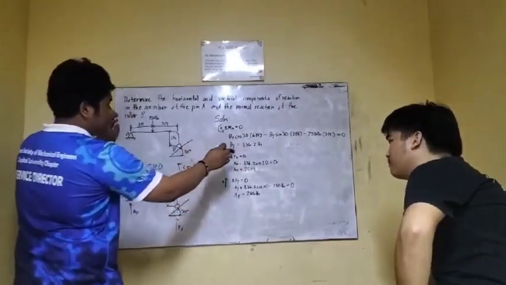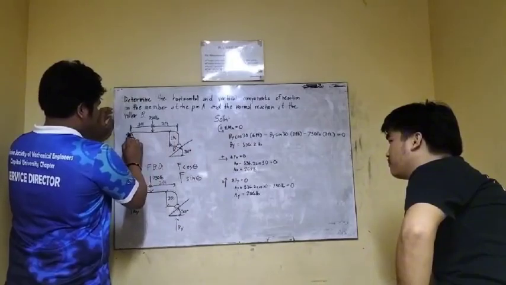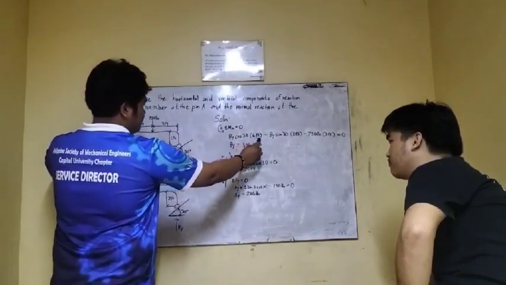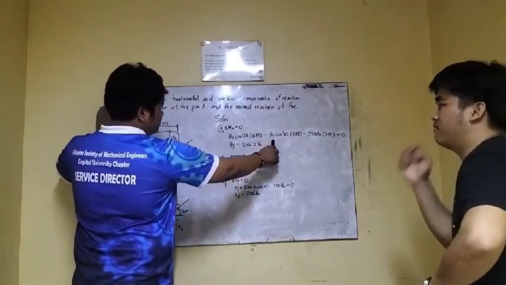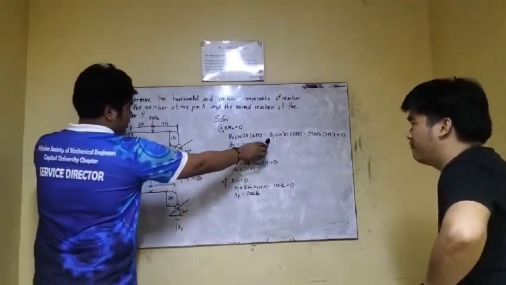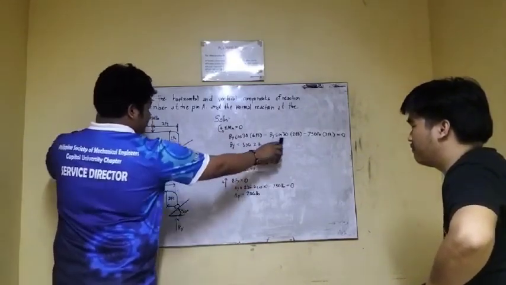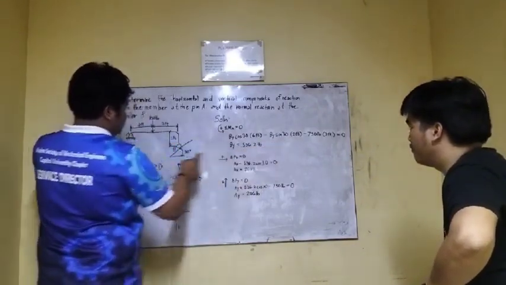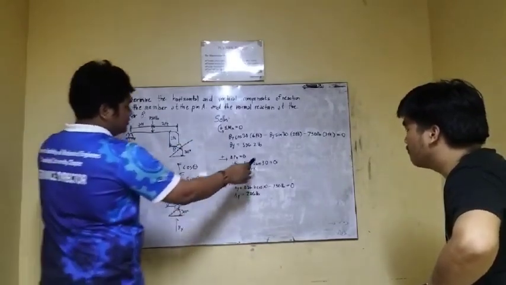So, we have BY cosine, then the angle theta, which is 30. And then we multiply it by the distance. So, our distance is 6 feet from point A to point B, so times 6. And then, since it's the y component, we'll get the force BY sine, then angle 30 times 2 feet, which is the length from point A to point B since it's the y axis. So that's how we get